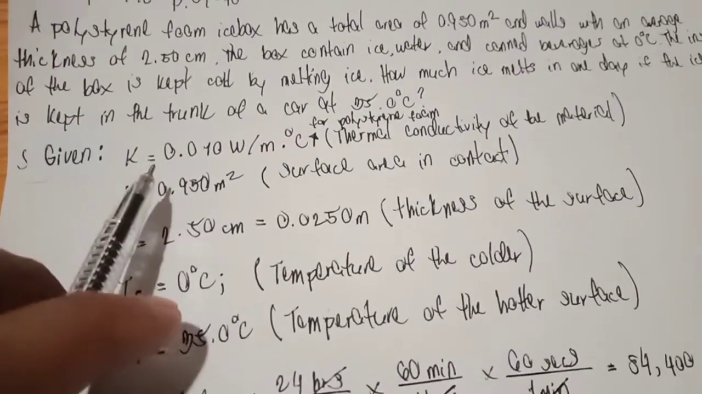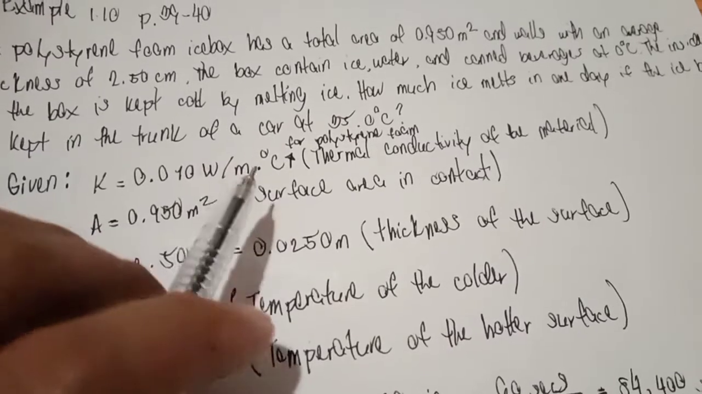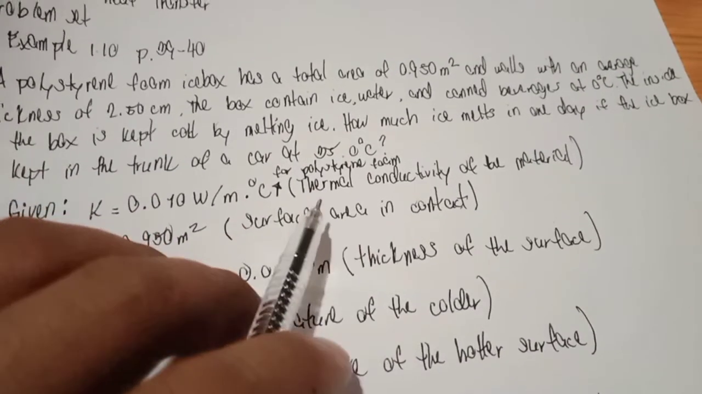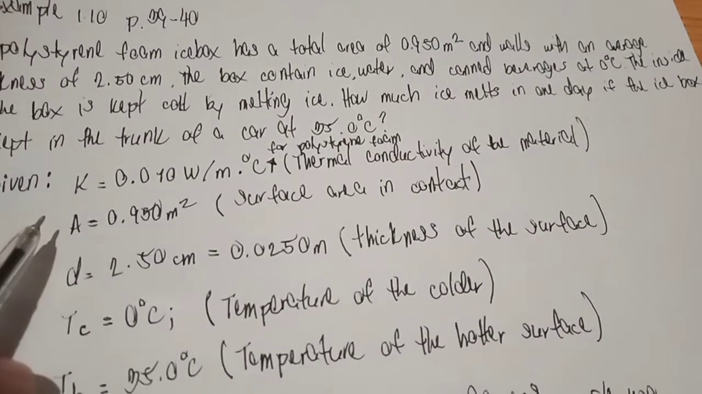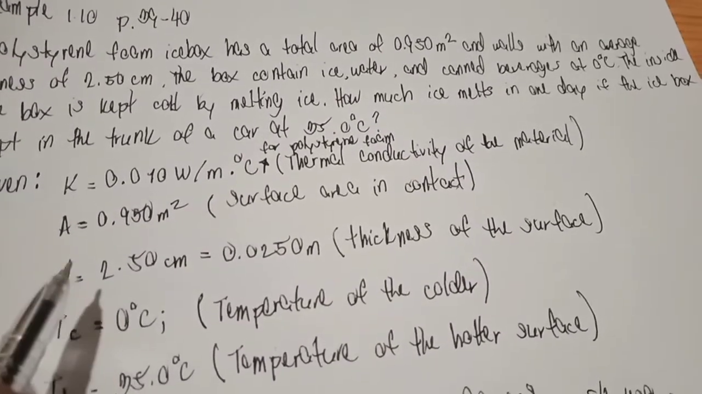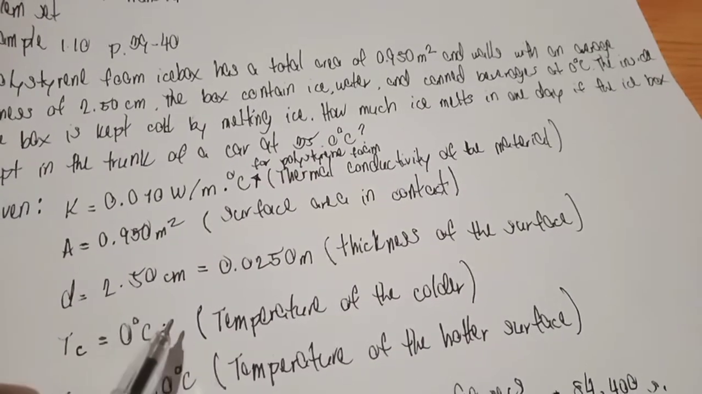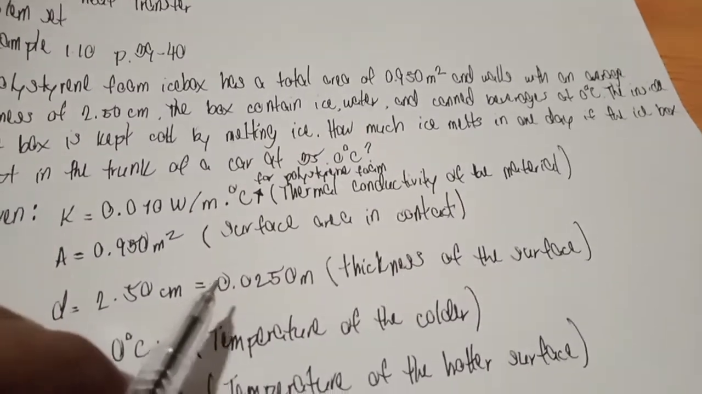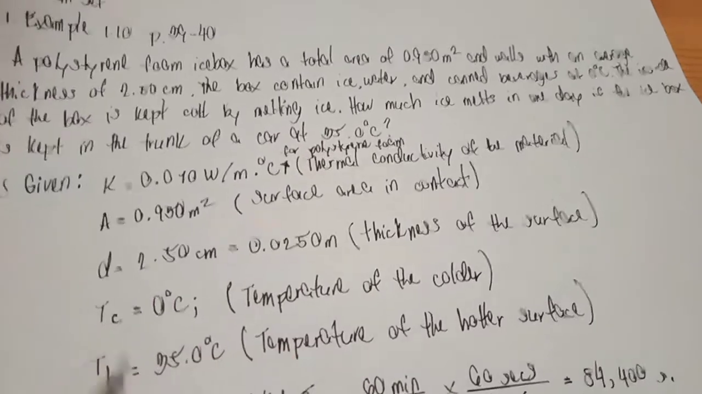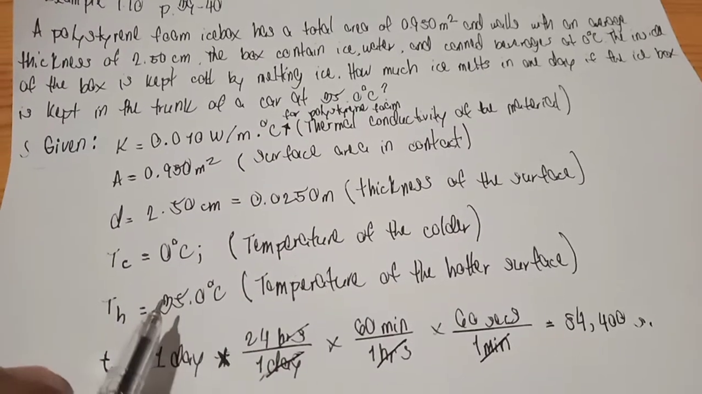Given: k is equal to 0.0110 watts per meter degrees Celsius for the polystyrene foam, or the thermal conductivity of the material, and the surface area in contact is 0.950 m squared, and d, or the thickness of the surface, is equal to 2.50 centimeters, which is equivalent to 0.0250 meter, and the temperature of the colder side is 0 degrees Celsius, and the temperature of the hot surface is 35.0